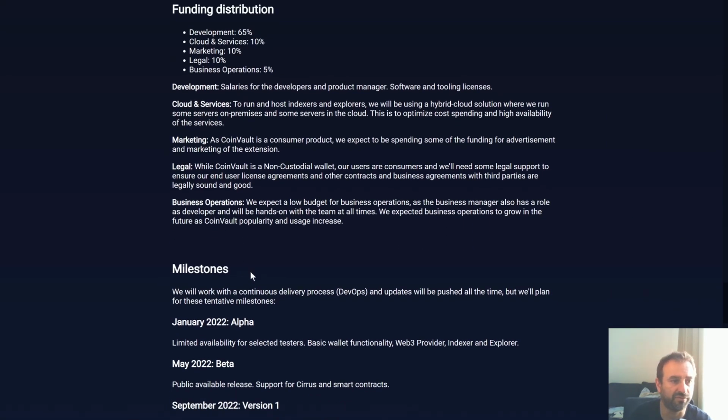Let's look at distribution of funding. So most of the funding will go to development, so paying developers and salaries and so on. About 10% will be allocated for hosting. So we are going to need to serve a big amount of users, a lot of users. So we need strong machines that will be able to index and serve data